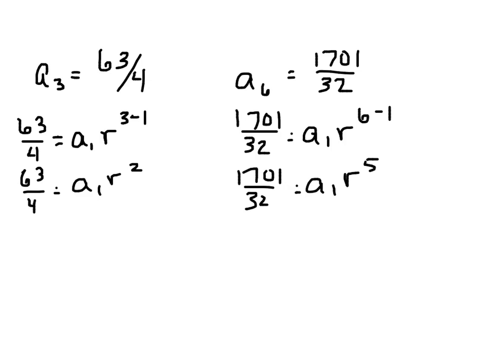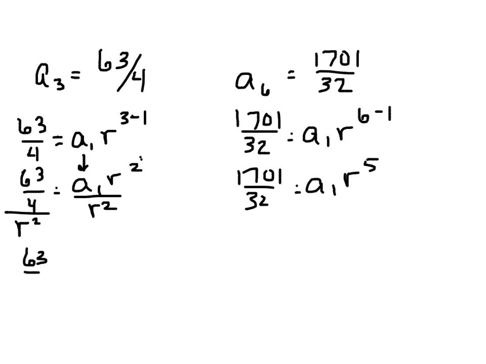Now, last section we could do the elimination method like we did in section 1 of chapter 5. This one we're going to have to do again something from chapter 5 section 1, but this time we can't use elimination because we're not adding and subtracting. We'd have to actually use a little bit of substitution. So what I do here is I always solve for the A1, and I'm always going to do it for the smaller r. So if I'm dividing that by that,